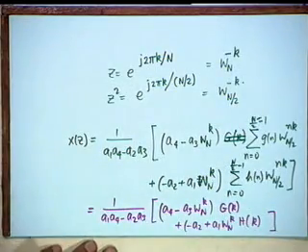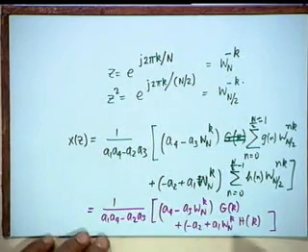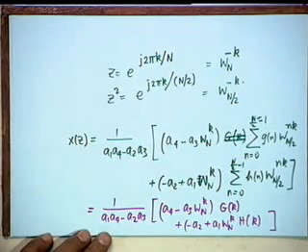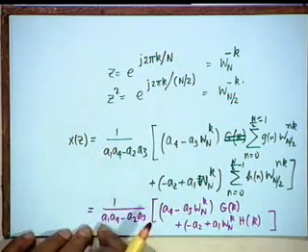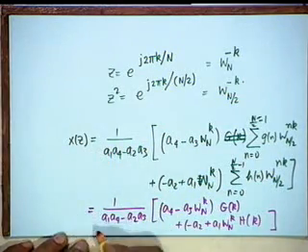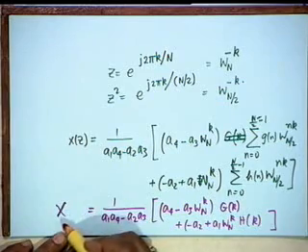That is not the complete story, because gk and hk exist only from 0 to capital N by 2 minus 1, whereas xk, I am sorry, what did I call this? X,